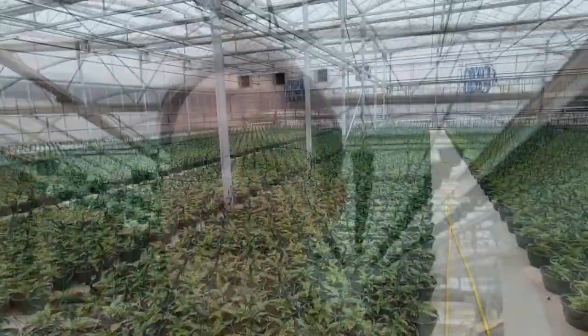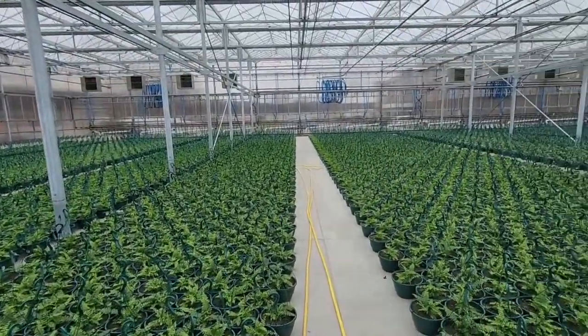Anyhow, let's go ahead and head out to the greenhouse and see what's happening out there. Today I'm out here in the greenhouse where we have some ferns that are on the move. So a few weeks ago, these were uptown, and now they're being hung pretty much everywhere where we have space